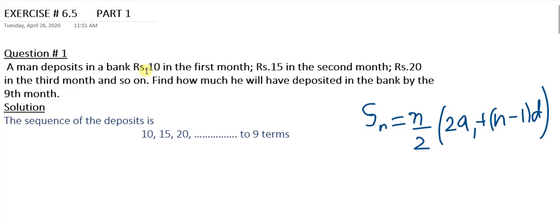In the first month he deposits 10, in the second month 15. So you can see that there is a sequence of the price 10, 15, 20. This is the sequence after passing 1 month, 2 months, 3 months, and so on respectively, and we will find the total price. It means we have to find the sum of this series. And the ninth term is the nth term of the sequence, because we have to find the price after the 9th month. You can see that this is a sequence with a difference between any two consecutive terms.